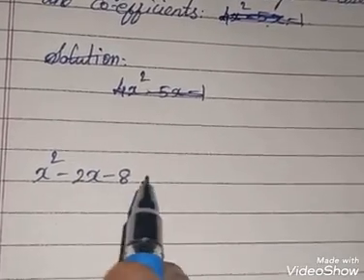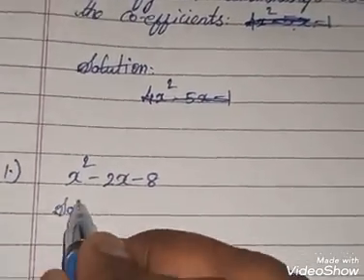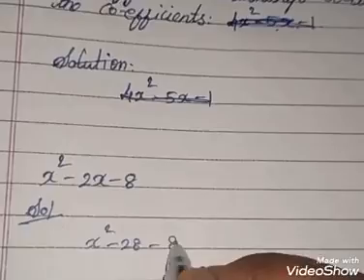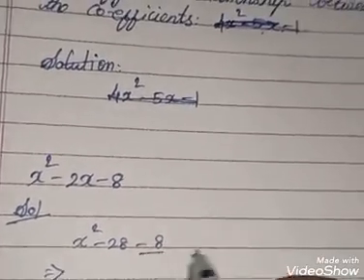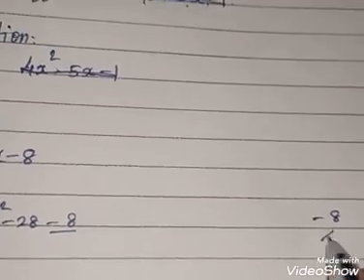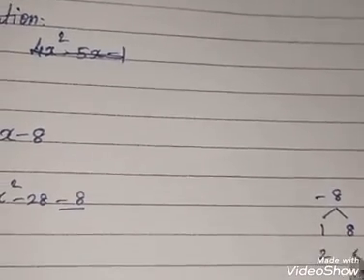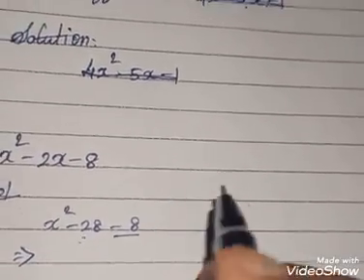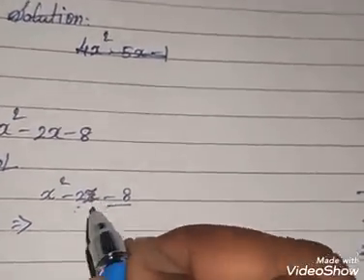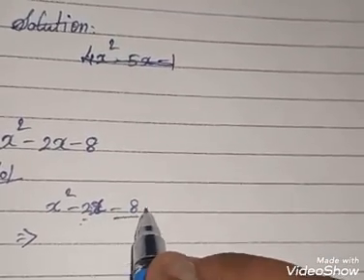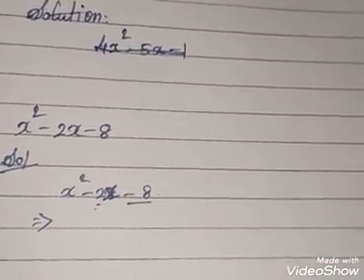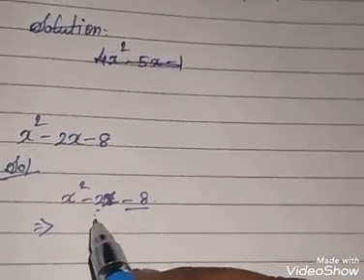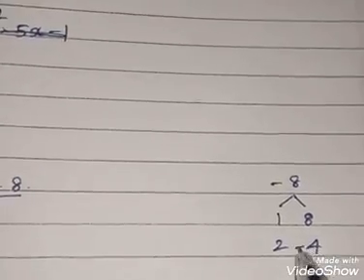First we need to find alpha and beta, the roots. So, solution: by normal factorization, we need to factorize x square minus 2x minus 8. It can be split, so this is minus 8. What are the factors we have? It should be 1 into 8 and 2 into 4. So these are the factors. You know that minus is there, so by multiplication you need to get 8, and by addition or subtraction you need to get minus. Here, since it is minus, compulsorily the higher value should be negative.